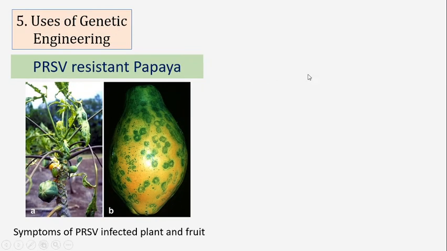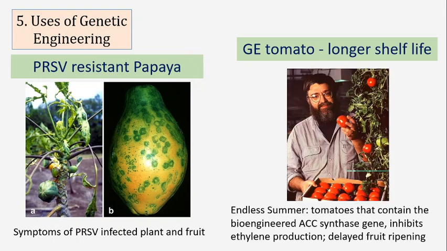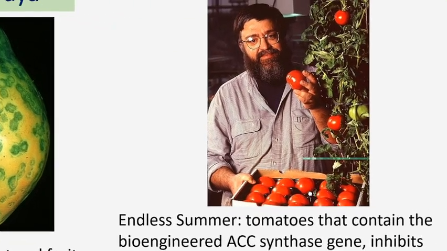That is one use. And I want to show you another use of genetic engineering to make tomato, that is called genetically engineered tomato, that has longer shelf life. That is not an example from your book, that is outside of your book, but I am interested to show that. This variety is called Endless Summer,